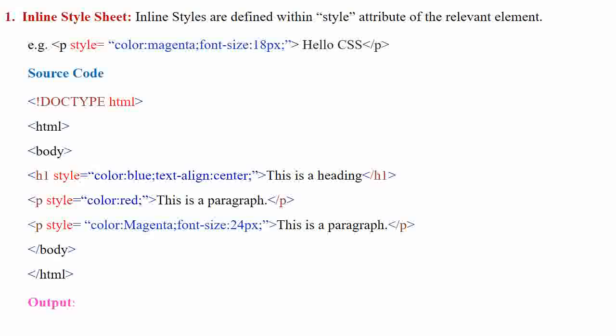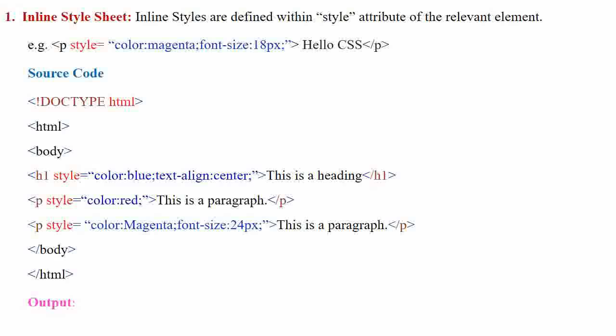But these 3 lines contain formatting provided to their particular elements. For example, this is a heading having color blue and it is aligned to the center.